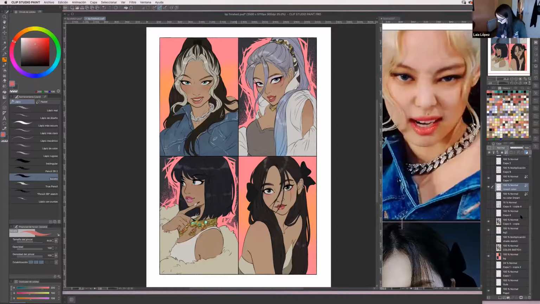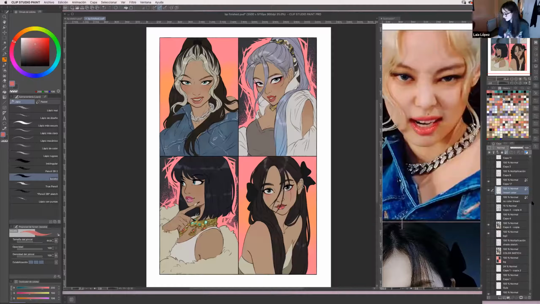What else, what else? What is this? You know, this is what happens when you don't name your layers. You don't know what you have, and you have a bunch of layers that are useless. But anyways, I'm sure many of you understand my struggle. Okay, good. The shading, good. Basically, it's the same thing I did before, just cleaning everything a little bit.